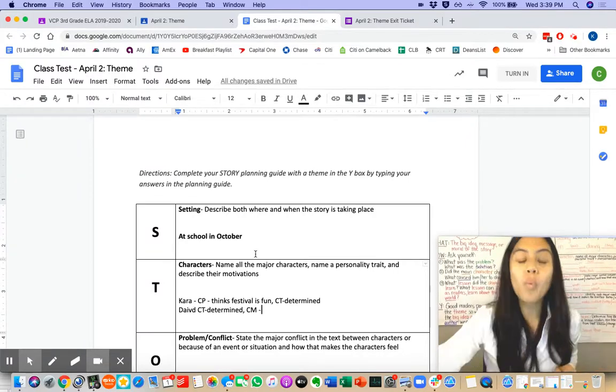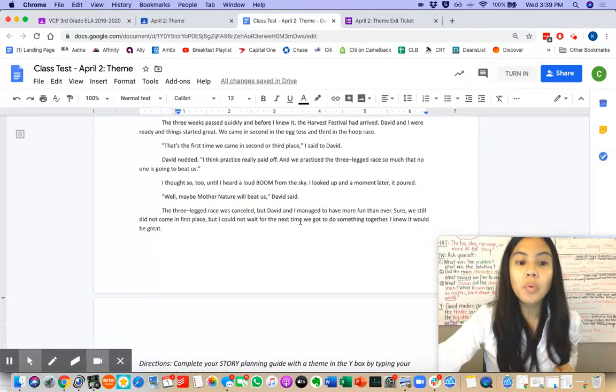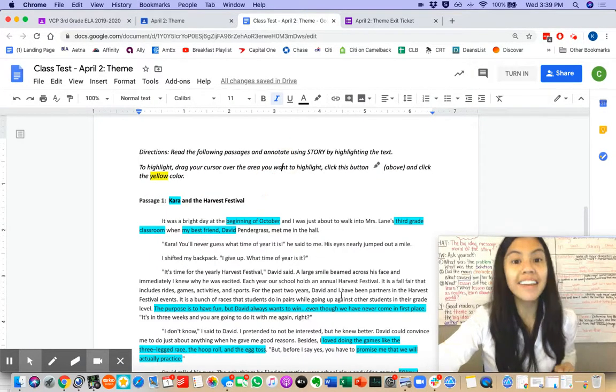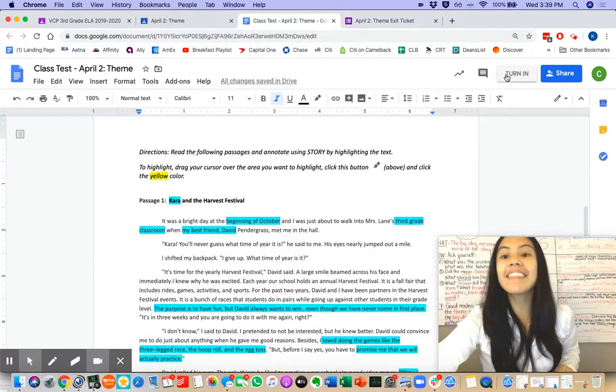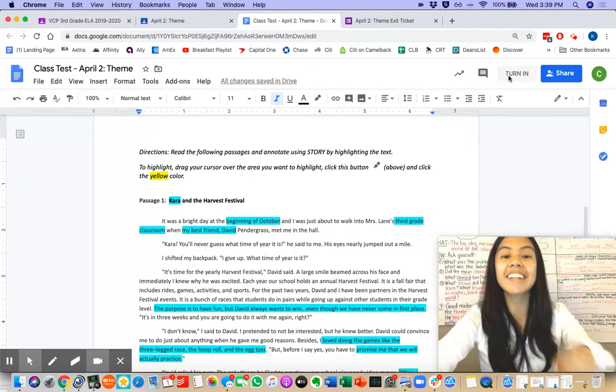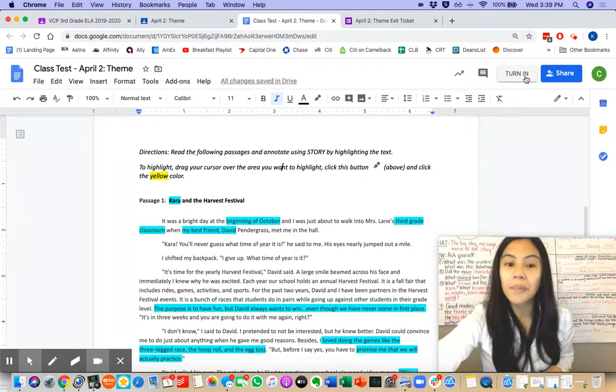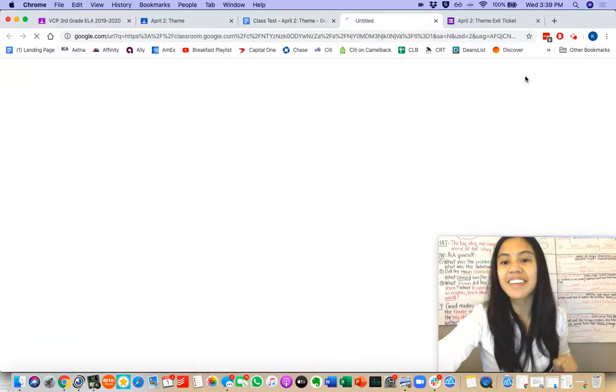Scholars, once you are done with your planners and highlighting in your favorite color, then click Turn In. Then click Yes. When I click Turn In, it looks like this.